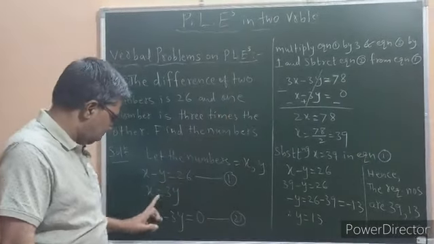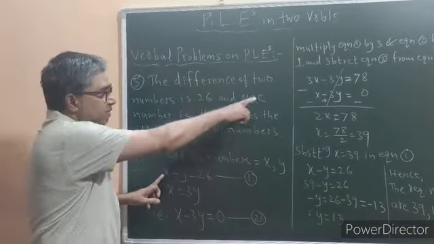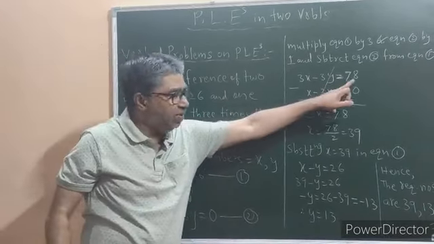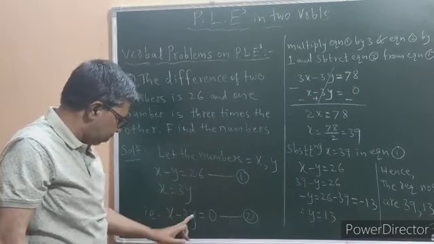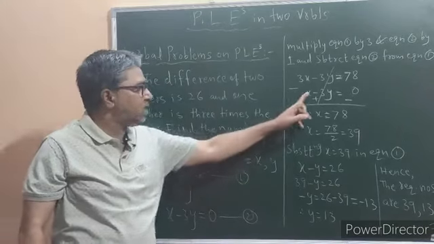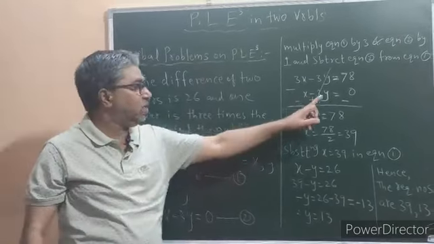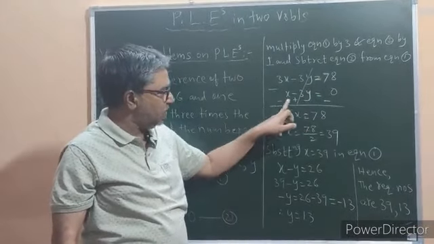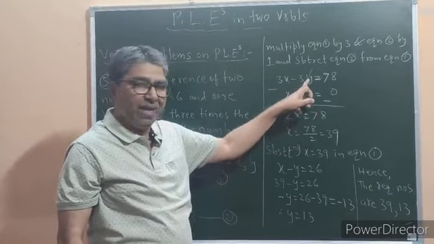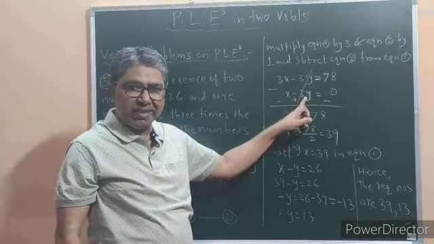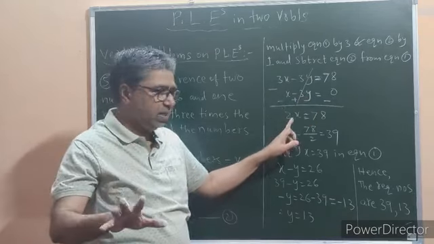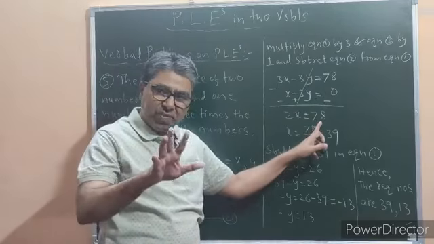So, multiplying equation 1 by 3 means 3x minus 3y is equal to 26 times 3, that is 78. Now multiply equation 2 by 1 means 1 into x, x minus 1 into 3y, 3y is equal to 1 multiplied by 0 is 0. Subtraction means changing the sign and adding, minus will become plus and this is minus. Minus 3y plus 3y will be cancelling, that is y is eliminated. 3x minus 1x will be 2x is equal to 78 minus 0 will be 78.